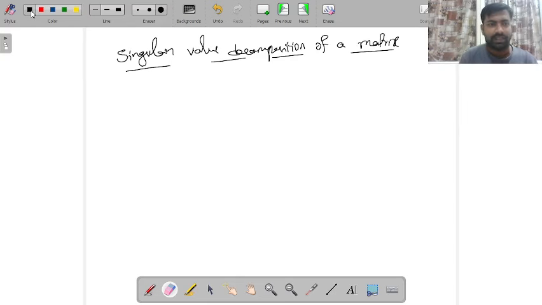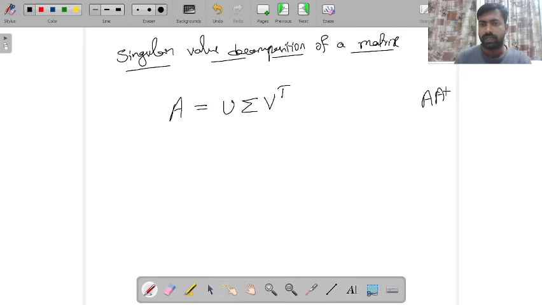Hi, let us see how to obtain singular value decomposition of a matrix. So given a matrix, either a square matrix or a rectangular matrix, we'd like to express this matrix in this form, U into sigma into V transpose, where sigma is a matrix of the same size as A which contains only the diagonal entries, where the diagonal entries are going to be the square root of eigenvalues of A